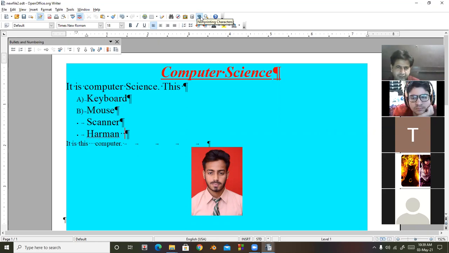If I click again on this button, the non-printing characters will disappear. So if I give space, if I give tab, if I press the enter key, these are called non-printing characters.